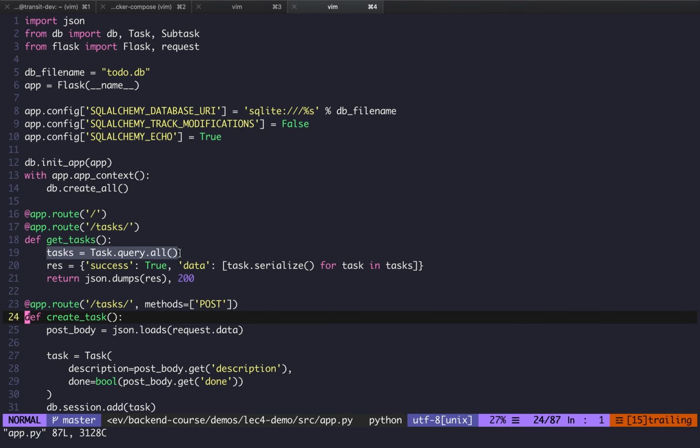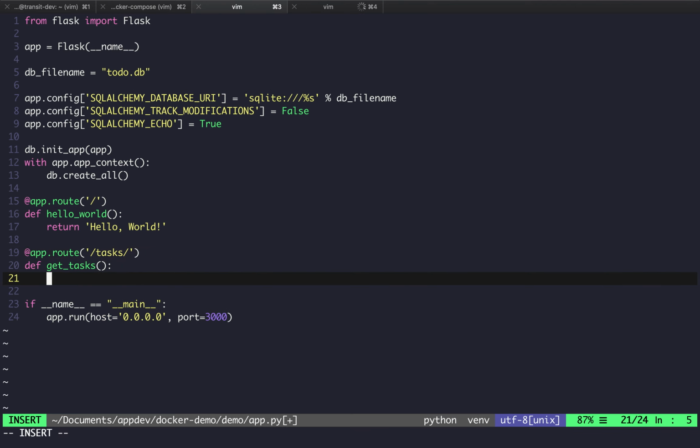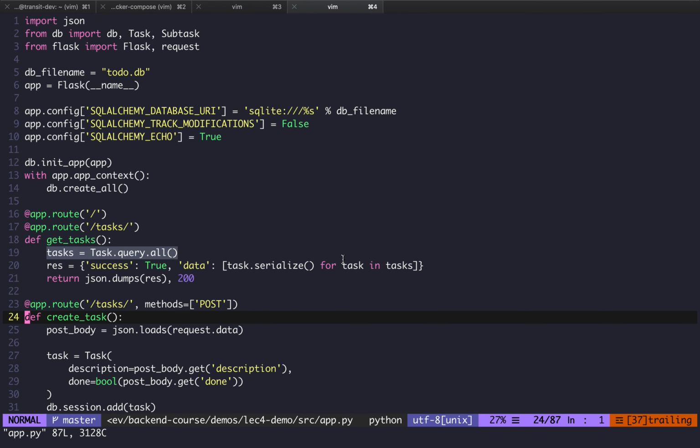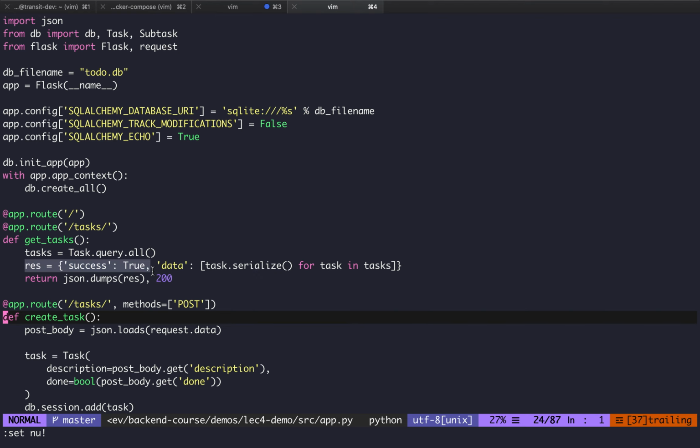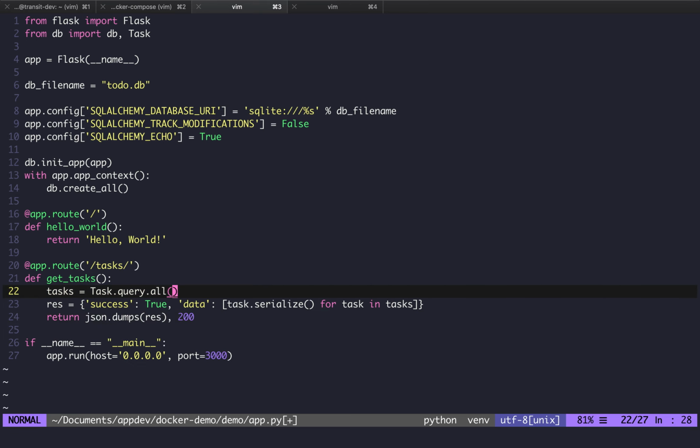Okay, so Task.query.all. Great. Also up top you need to do from db import db, Task. So yeah, query all the tasks and then just serialize them.